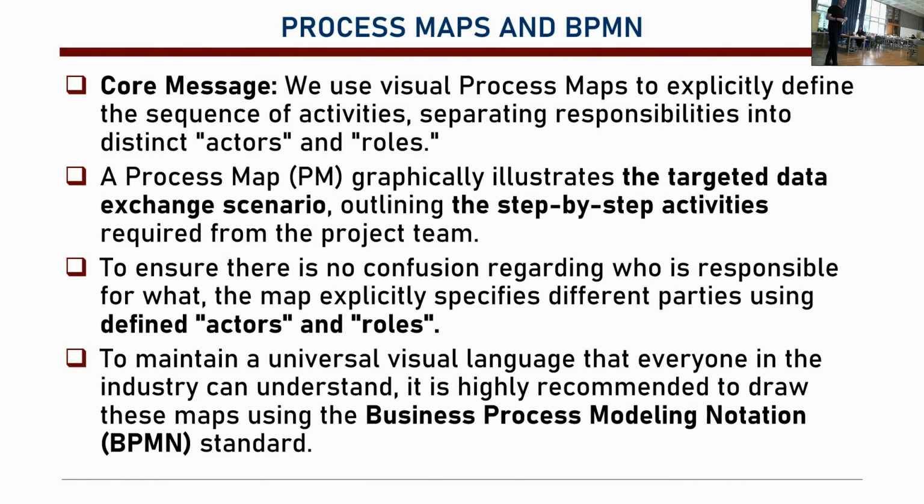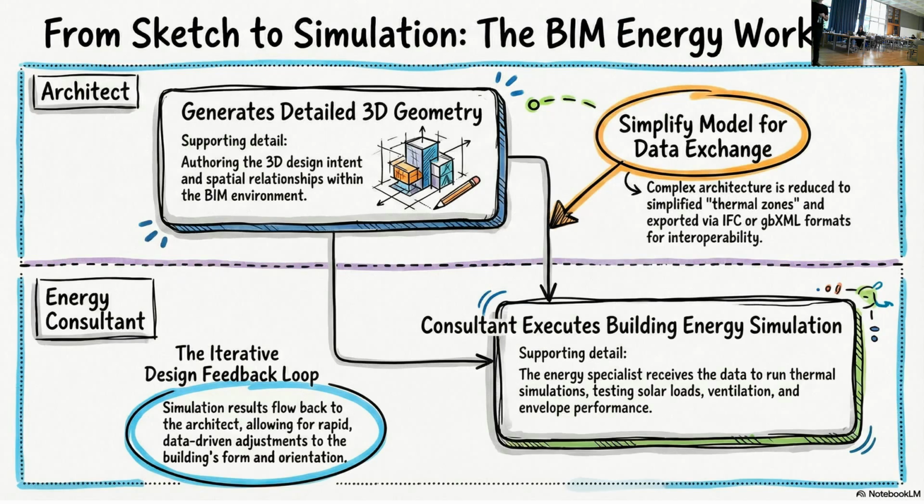And then we have, of course, process mapping. We have this thing called business process modeling notation. So we create actors, we create roles, okay? We basically create a process map where we outline step-by-step activities for the team, okay? So here, the architect basically generates the 3D geometry and then simplifies the model. Now you cannot tell the architect to create a simple geometry just for the sake of the energy consultant. You tell them you create this detailed 3D geometry, but you simplify it if you want to give it to